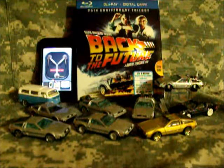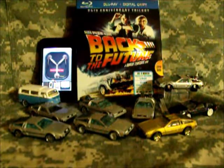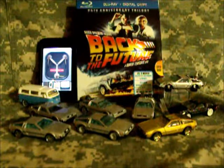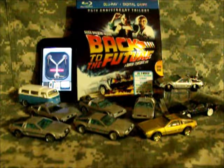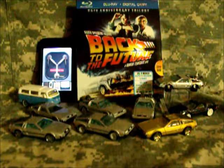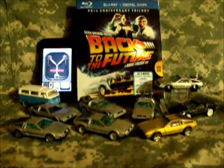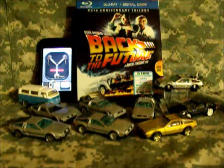I know other cars were a little more popular back in the day. This was after the DeLorean had run its course, all the legal problems, but it didn't matter. Robert Zemeckis, Steven Spielberg, and Bob Gale took the car and made it an icon. It would be later featured in other movies: Beverly Hills Cop, Simpsons, Wedding Singer, several other movies and TV shows that would feature the DeLorean, had it not been for that movie. And it's been a childhood favorite of mine, and you don't know how hysterical I get every time I see